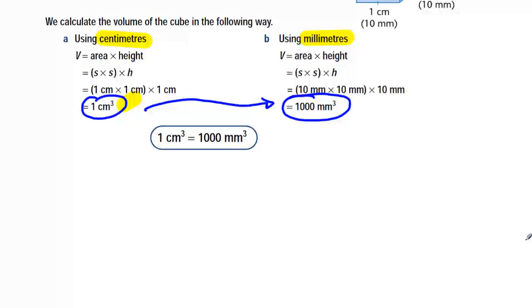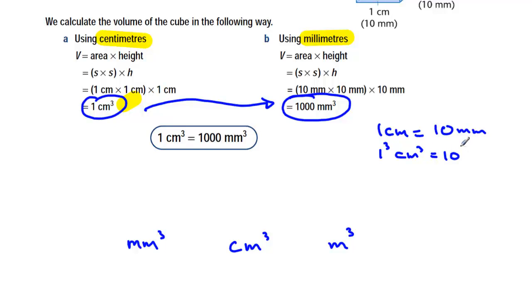Now I want to teach you how to do this. I want you to learn how to build a conversion machine for volume units. Let's start with this idea here. We want to go from millimetres cubed to centimetres cubed to metres cubed. Let's say that that's the range that we want to work with. Now, what we need to do is to start with our basic idea that 1 centimetre equals 10 millimetres. So if we cube all of these like this,